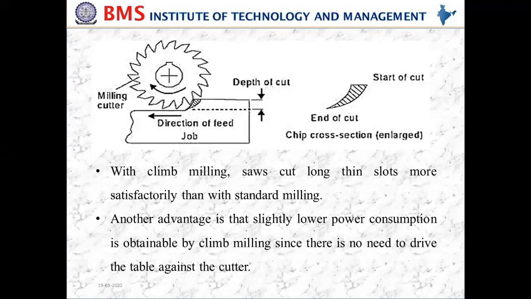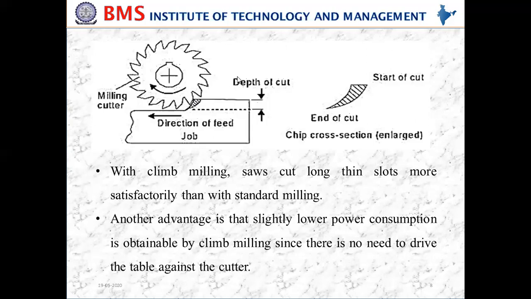And the surface finish which you are going to obtain, compared to up milling, is good in this. And in down milling, the coolant can easily reach the cutting zone. This is the cutting zone. So we can apply the coolant in this cutting zone, because it is a metal to metal contact, so heat will be generated. To get a good surface finish, you can apply the coolant in the cutting zone.